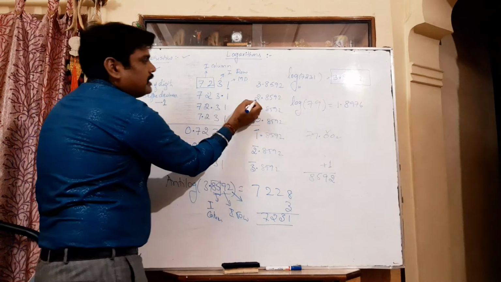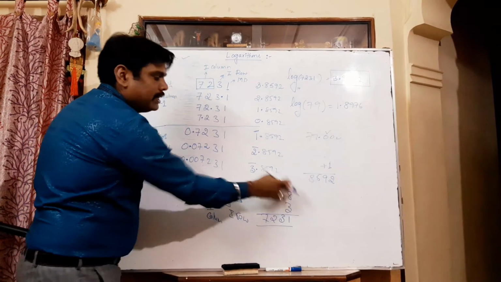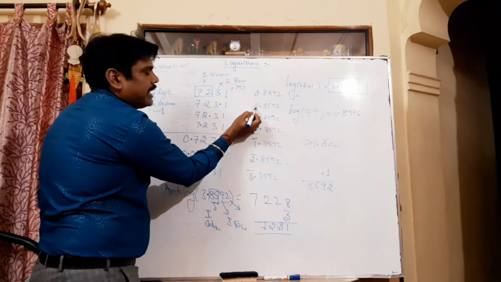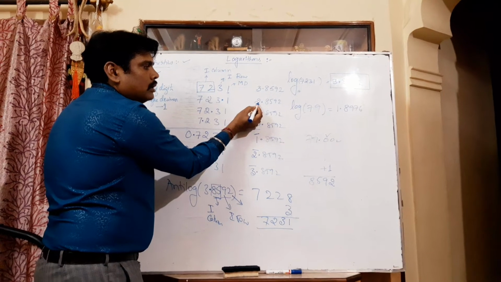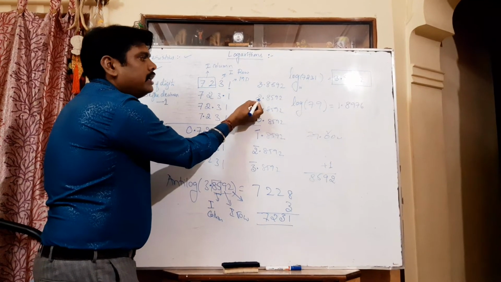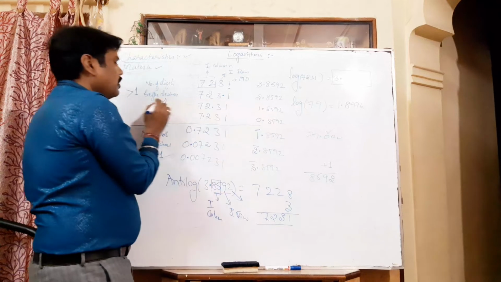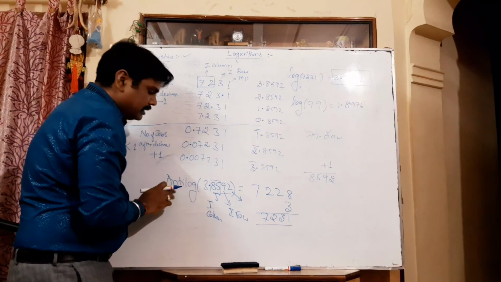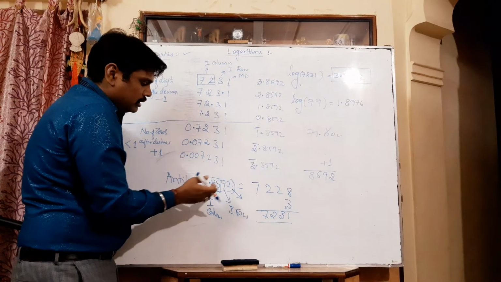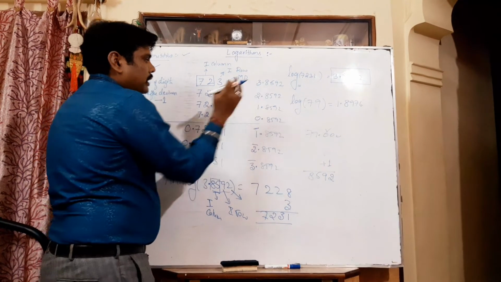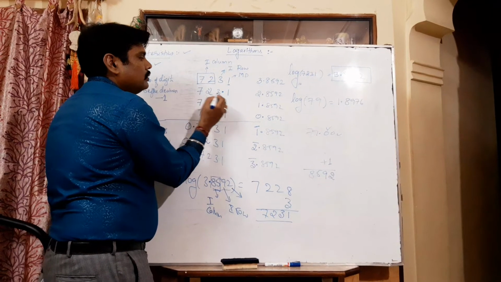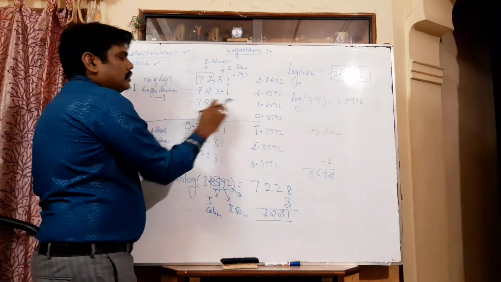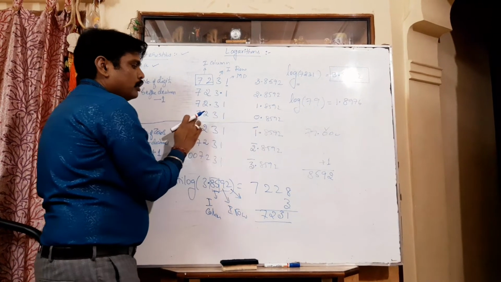Suppose the characteristic is 2, we are getting the same mantissa value in the anti-logarithm, so you are getting 7231 only. What is the characteristic here? It is 2. In which position do you have to place the decimal? For characteristic 2, you have to add 1, because while writing the characteristic we had made minus 1. While placing the decimal point in the anti-logarithm, we have to add 1. So 2 plus 1, 3. The third position: 1, 2, 3. You have to place the decimal there. If it is 1, we add 1 to the characteristic value. If it is 0, we place the decimal here.